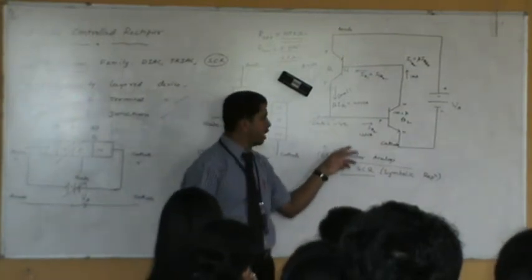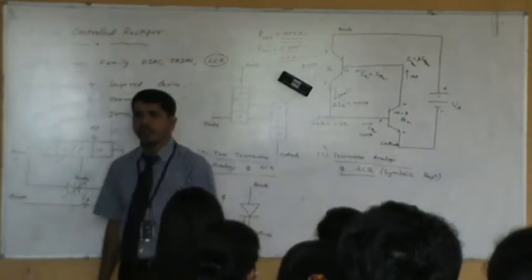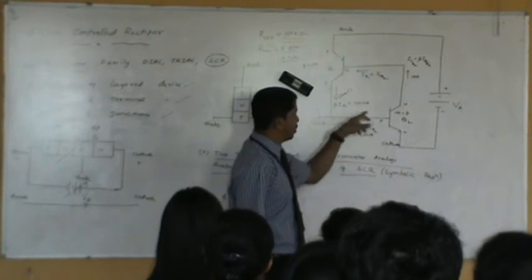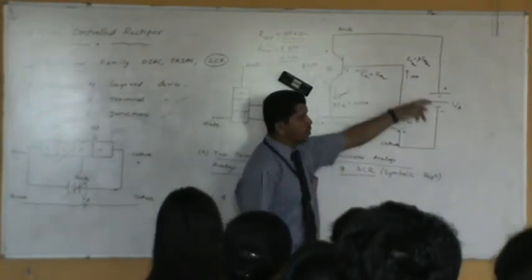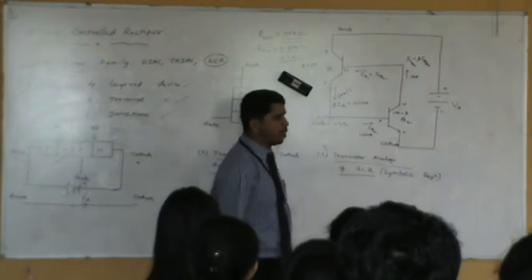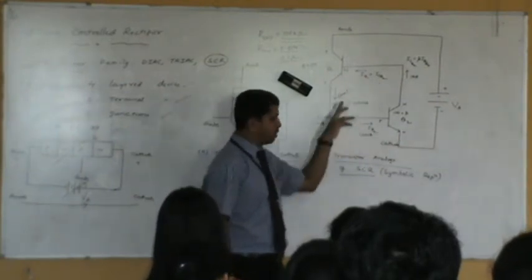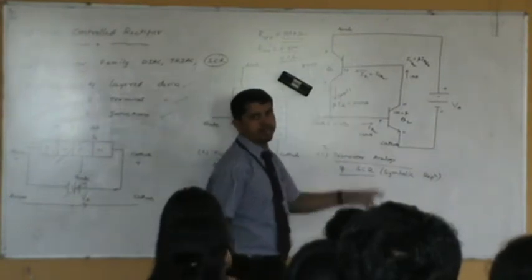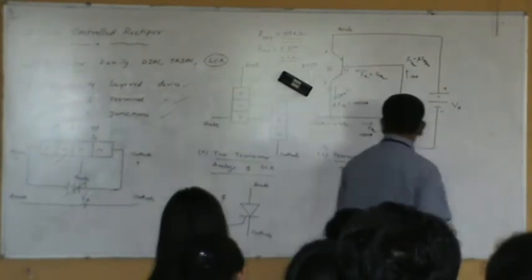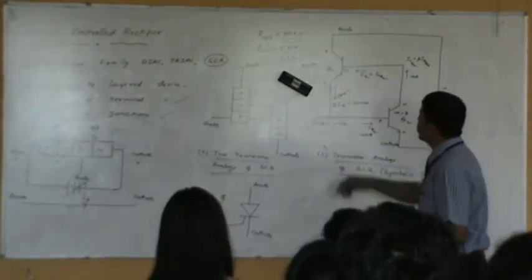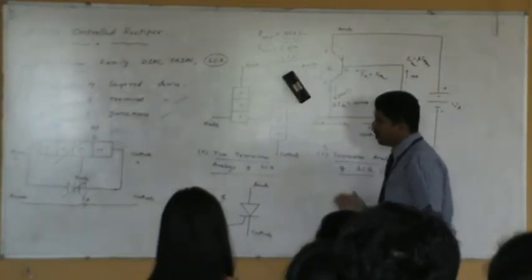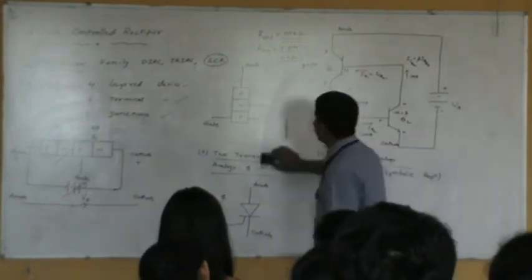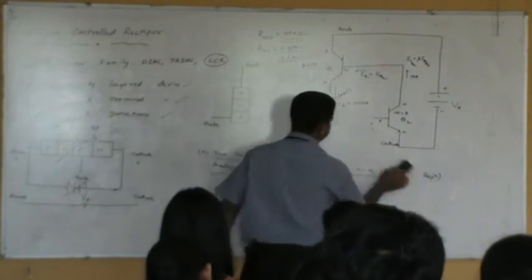Turning off this device is otherwise very difficult. The reason is the regenerative action, which takes place every time. Because of this regenerative action, turning off this device using the anode to cathode path may be very difficult. What can be done is, whenever this device has been turned on, a simple way is to apply a negative voltage to the gate, so this device will be turned off very easily. That's the working of this SCR. If you have any questions, you can ask before we go to the entire operation. It can be summarized using the voltage current characteristics of an SCR. Let me draw the voltage current characteristics of an SCR.